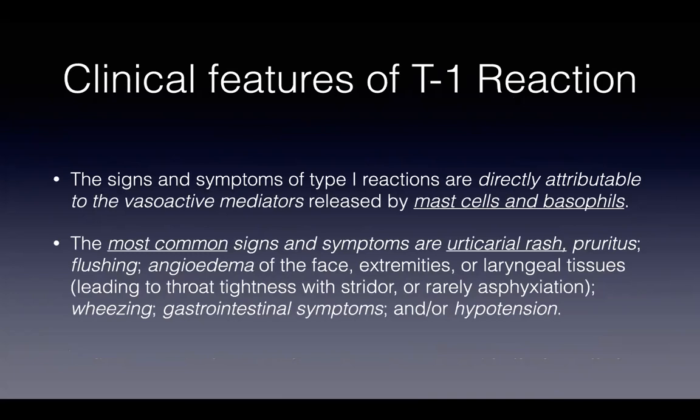Among different kinds of signs and symptoms, the most common are urticarial rash, pruritus, flushing, angioedema of the face, extremities, or laryngeal tissues, and this can lead to throat tightness with stridor or rarely asphyxiation. Apart from this, wheezing is a possibility, gastrointestinal symptoms are also a possibility, and hypotension. So all these we have to keep in our mind as clinical features of type